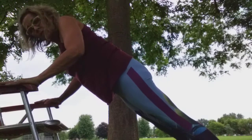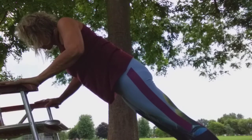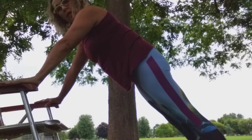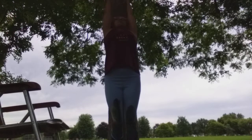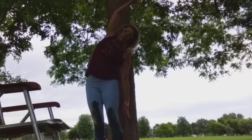Make sure we're breathing. Just one more time. Let's press up. Walk forward. So again, let's take a nice inhale up. Reach and stretch. And then let's take one arm down. So just think of kind of stretching from that hip, not the elbow here, but from the hip